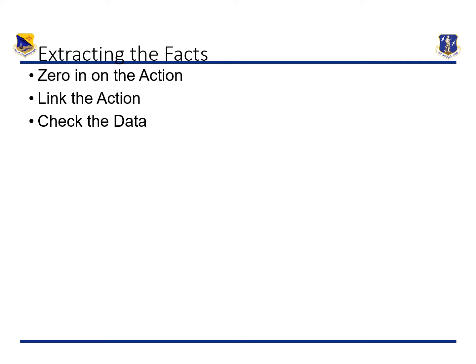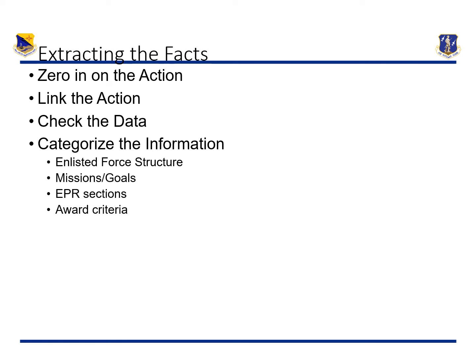And then we want to check the data. I cannot stress this enough. We don't want to make up information. We don't want to create ambiguous information. We want to make sure that the data is truthful, whether it's checking through other sources, action reports, maybe feedback from other people, other teams that have worked with your member or yourself, and we want to make sure that data is truthful.